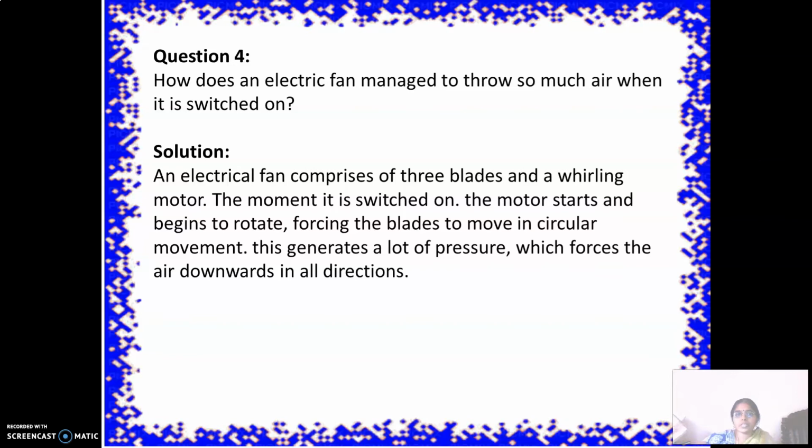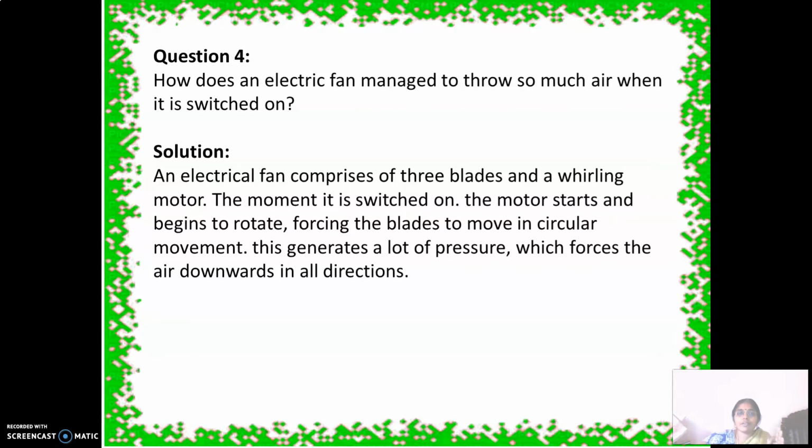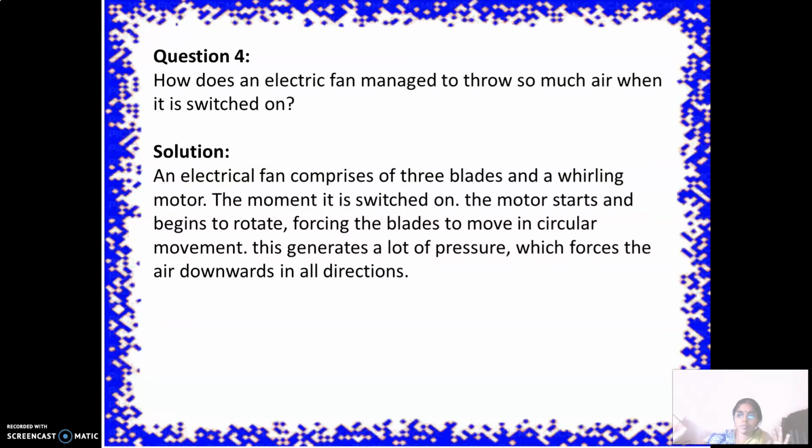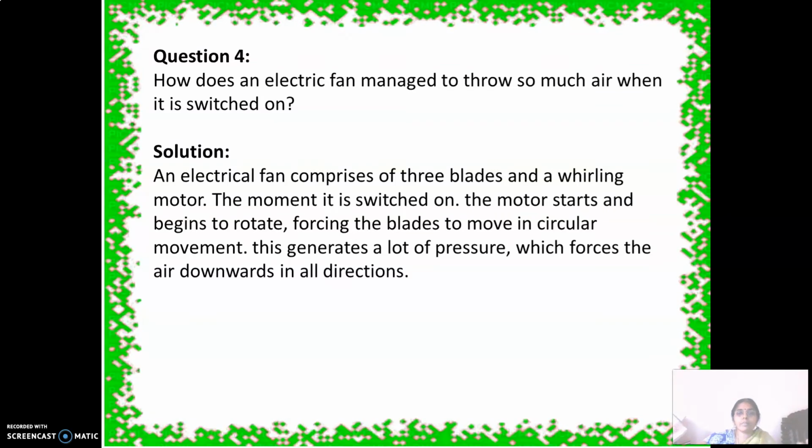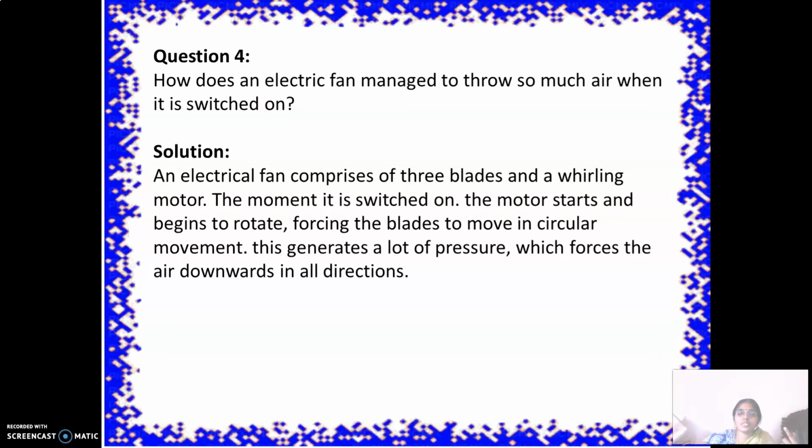Very important question. An electric fan comprises 3 blades and a whirling motor. The moment it is switched on, the motor starts and begins to rotate, forcing the blades to move in circular movement. This generates a lot of pressure which forces the air downwards in